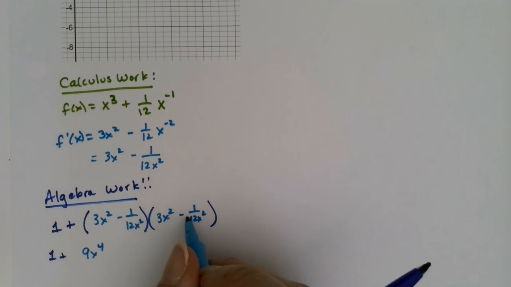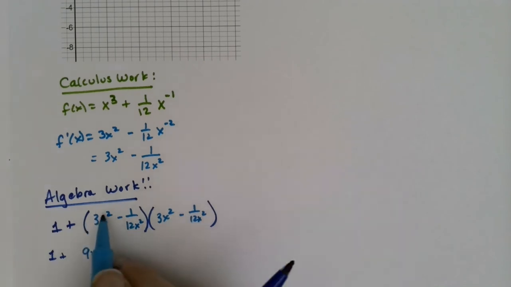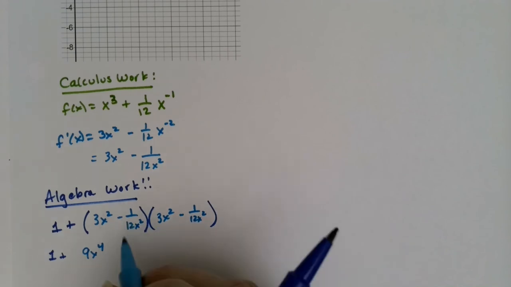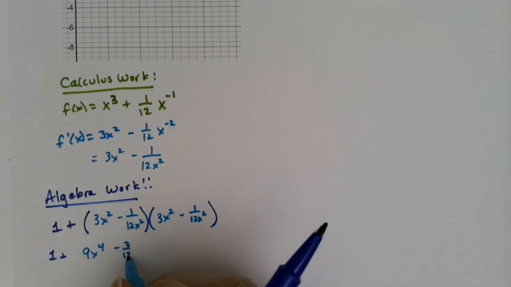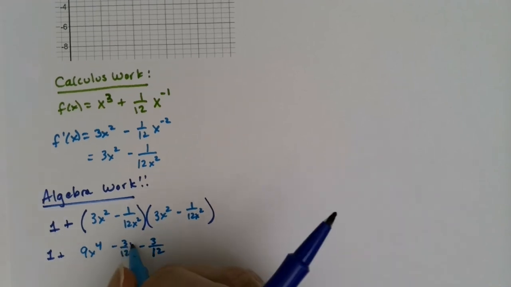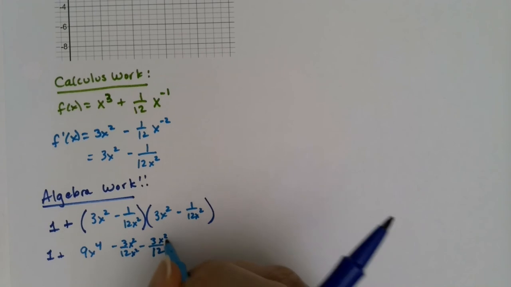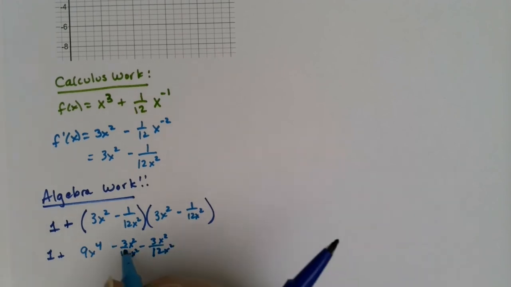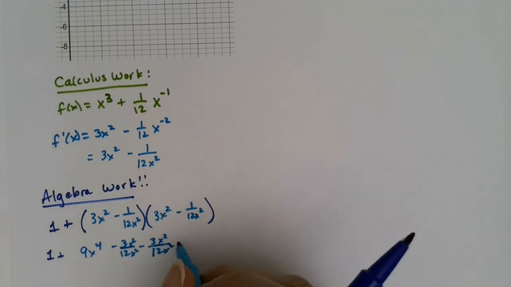Let's see, minus 3/12, because the x squared terms are going to cancel when you do that. So minus 3/12 minus another 3/12. So minus 3/12, which I know is a fourth, but bear with me here. I'm trying to do one thing at a time. So if you want to see, it's x squared over x squared, and then we're going to reduce that down in a minute. So it's minus 3x squared over 12x squared minus another 3x squared over 12x squared, and then